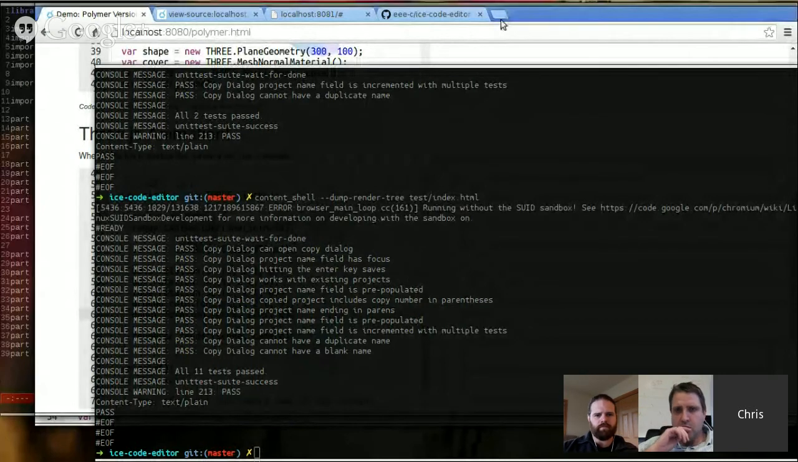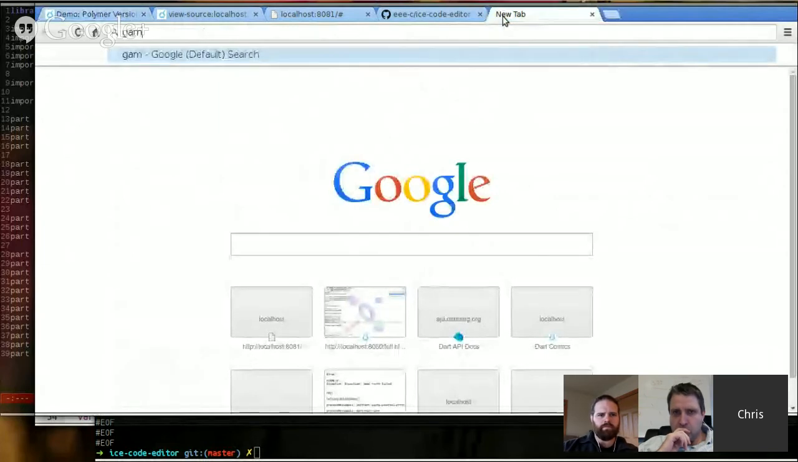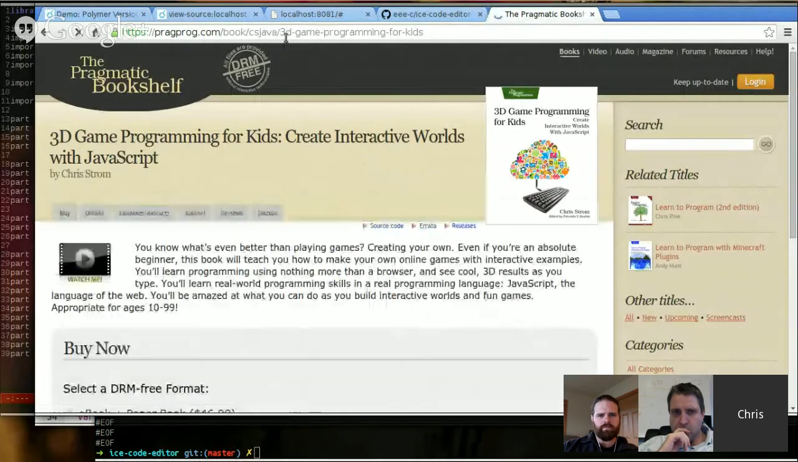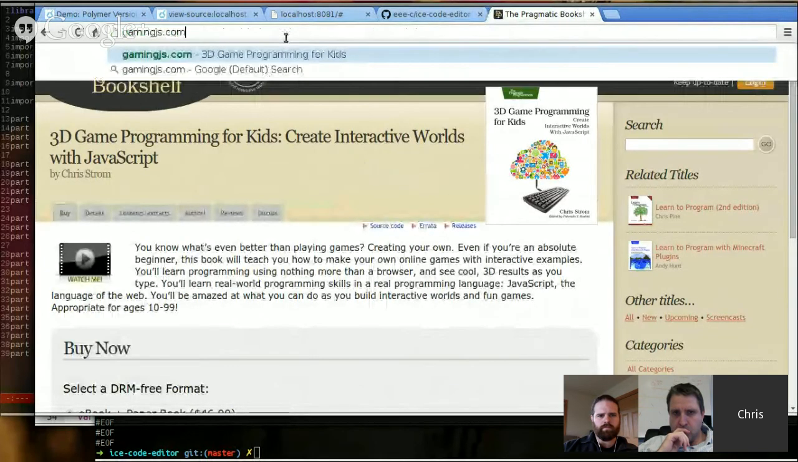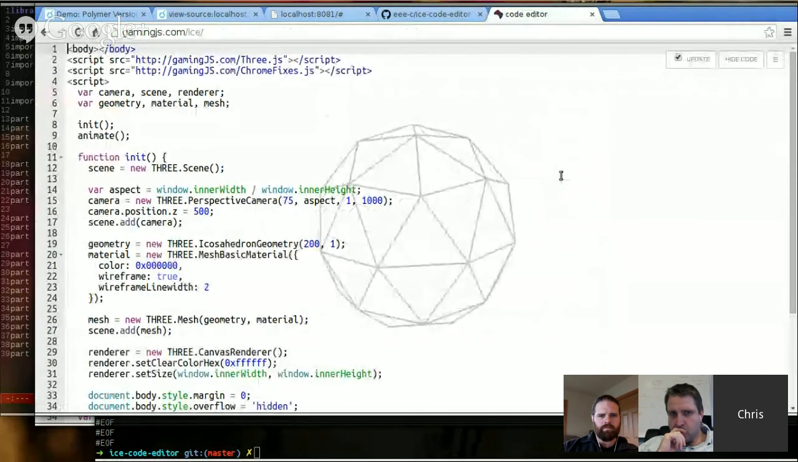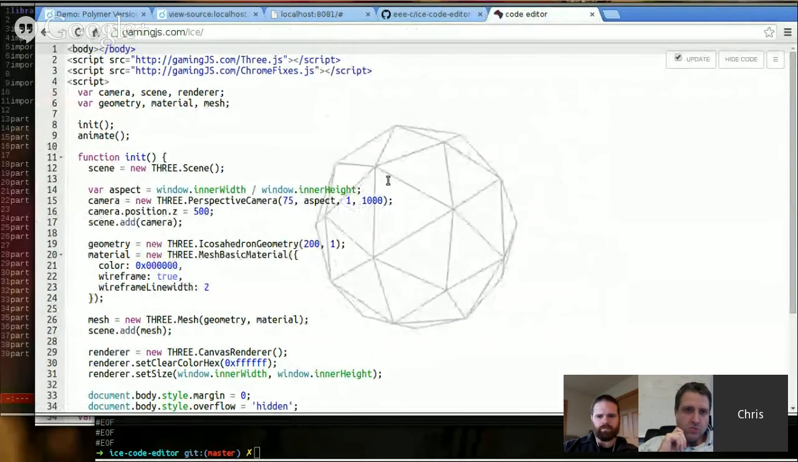If you go onto gamingjs.com, I'll take the book. I'm going to go to gamingjs.com/ice. If you go into here, this is compiled JavaScript, but it's also an